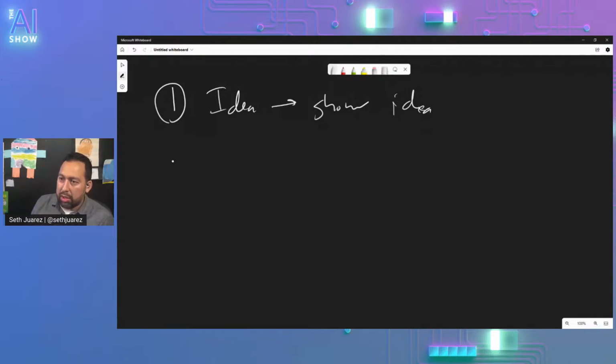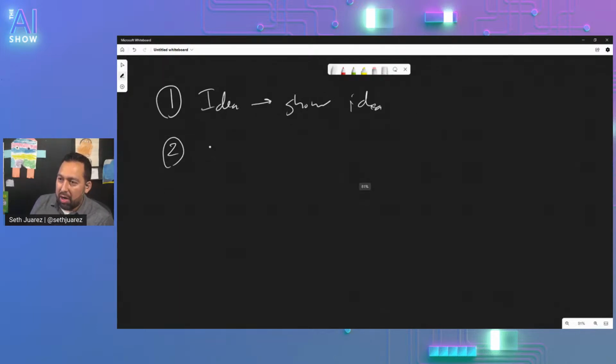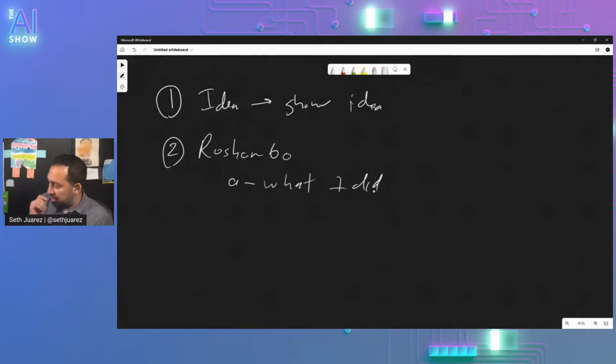Number two, we have our Roshambo project. I'll show you what I did, because I told you I'd make some fixes, and I did. I redeployed it to an Azure App Service instead of a static web app. And I want to show you how I did that, although there's something in there that's not quite right, and maybe y'all can help me and tell me what.